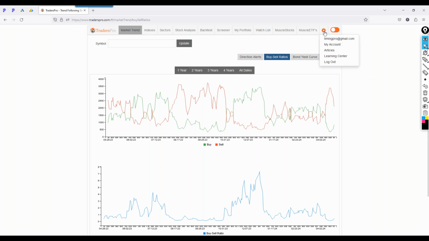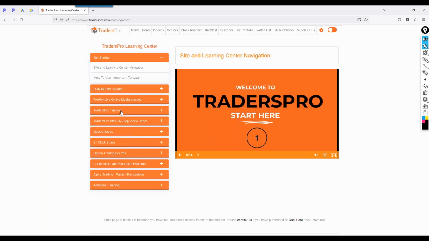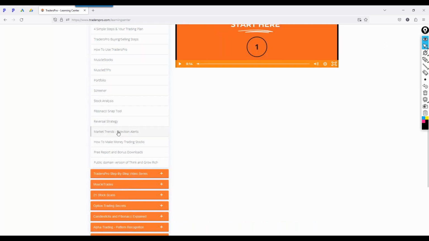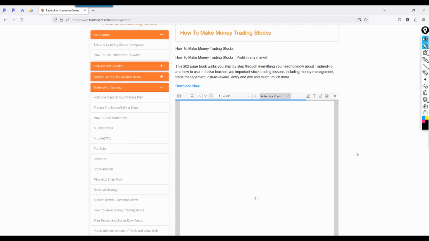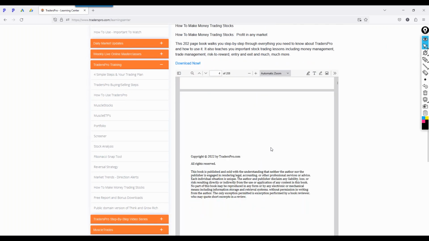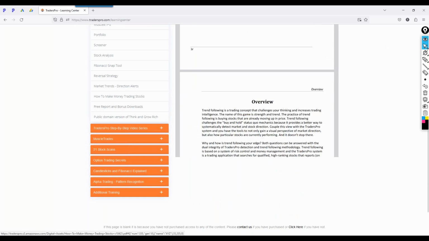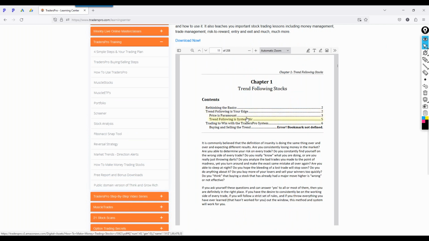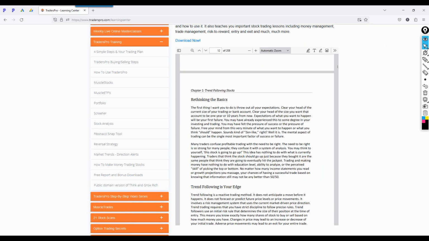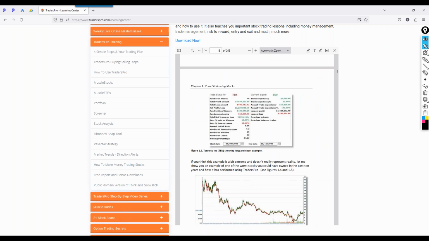We need to create a structure and a plan so that we're following them, and all of that is in the Learning Center. In TradersPro, if you've got this, you've got the Learning Center, and everything is in there as far as trainings. You've got your books in here too: the trading guide, How to Make Money in Stocks, How to Make Money Trading Stocks. This is quite comprehensive. I wrote it about 10 years ago, but I've updated it recently. It's all the same. So if you need a little bit of a checklist, go back through and watch to see